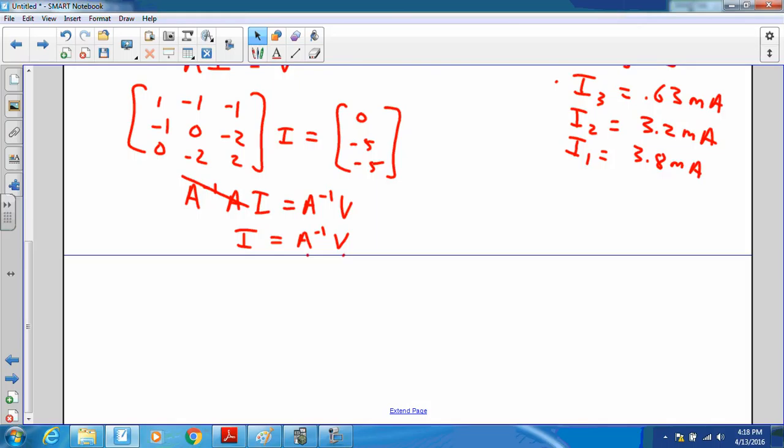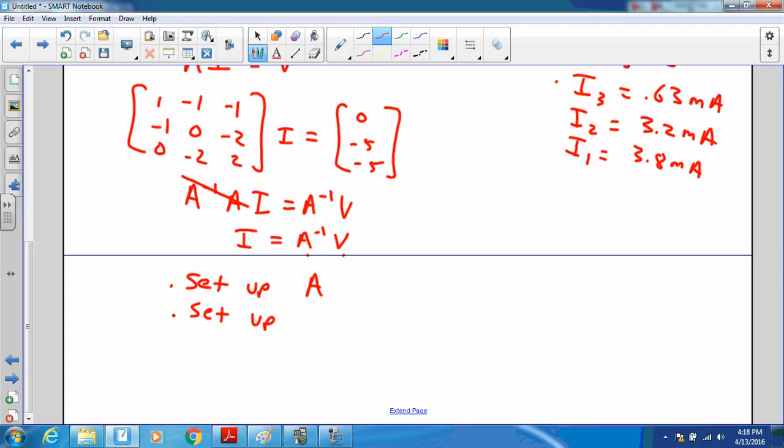We've done this before, but I wanted to remind you of the mechanics. The basic steps that we're going to take are, first of all, set up A as my coefficient matrix, then set up V. In the calculator, we're going to represent this as matrix A. In the calculator, we're going to represent this as matrix B. And we're going to represent it as a 3 by 1 matrix, meaning it has 3 rows and 1 column, which makes it essentially a column vector. Likewise, A is going to be a 3 by 3 matrix. And then once we have that, we're going to calculate